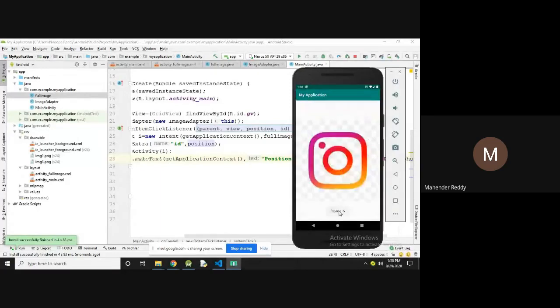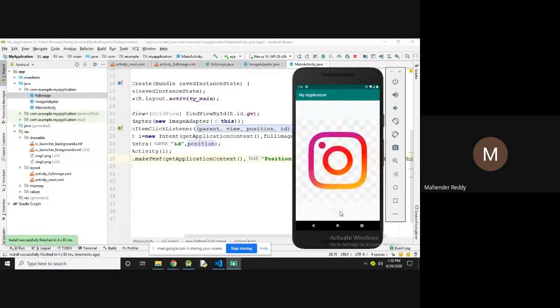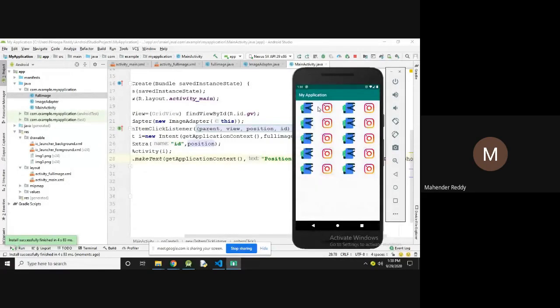So position number 5. If I select the last one, then it will display 19. So position number 19. So index values start from 0.